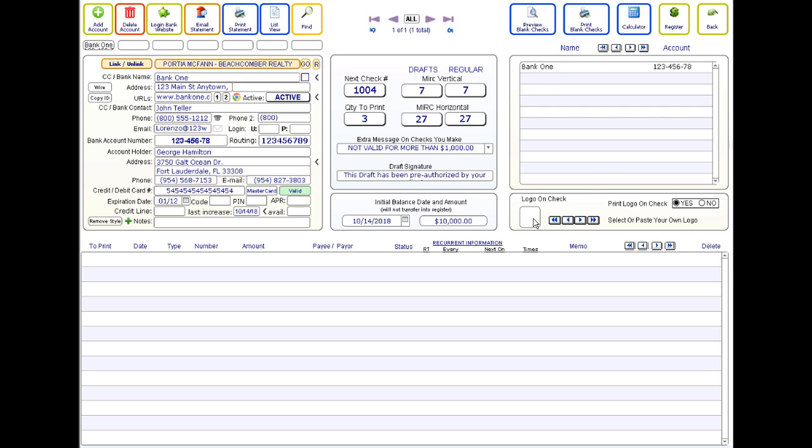And also you can put a logo for print logo on checks, so you can paste your own logo, or it's going to be the first letter of the name that automatically will be there. Okay, so now